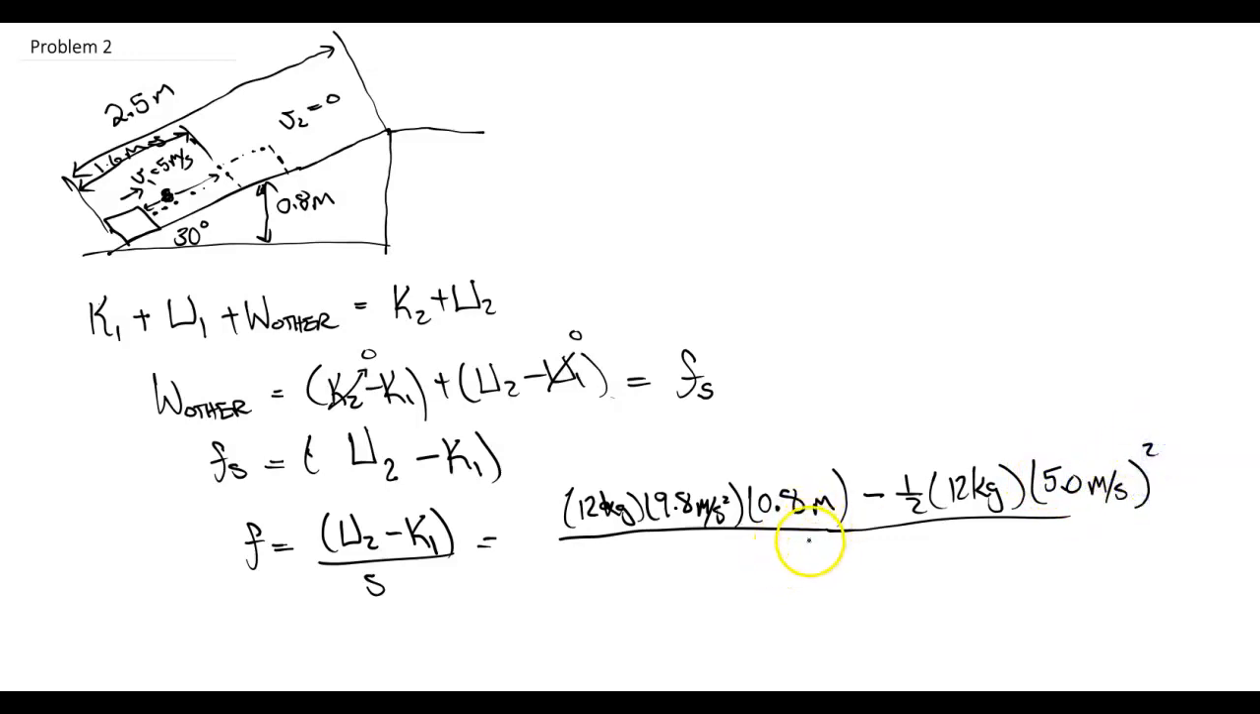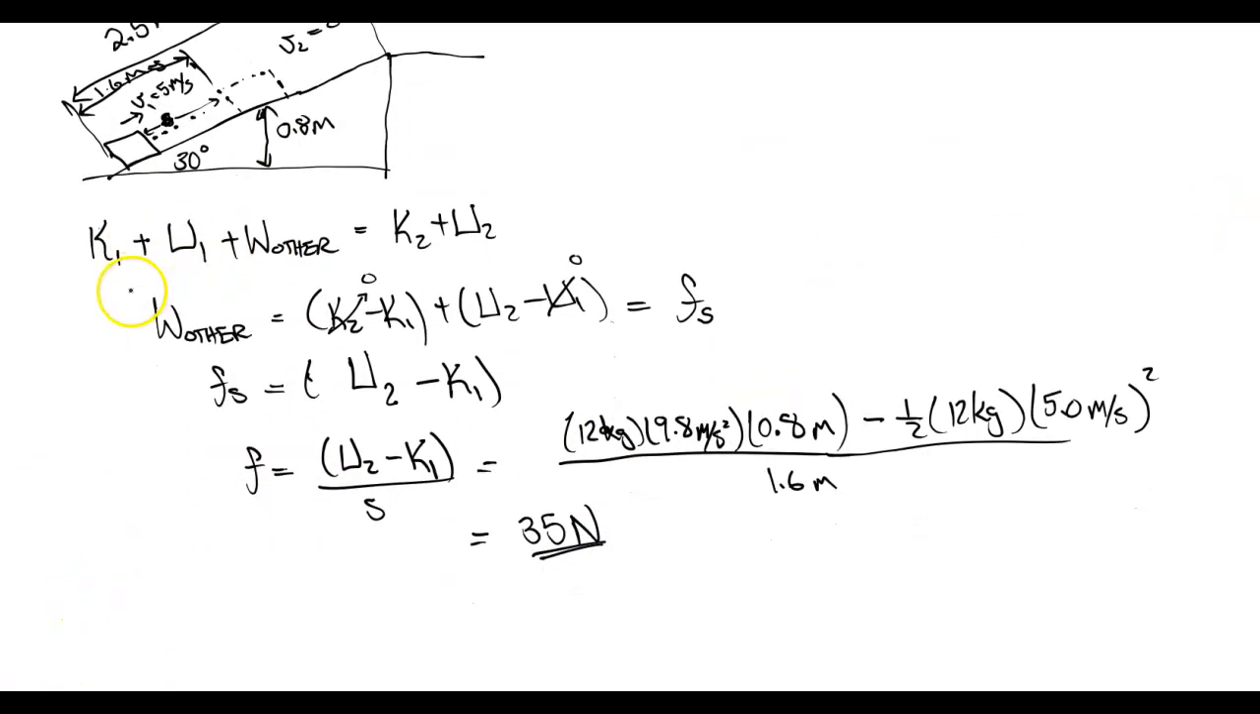And it only goes up a distance of 1.6 meters up the ramp. If we do this, we get about 35 newtons as the force of friction. And now for part B, we're asked how fast when it reaches the bottom of the ramp. So we can say